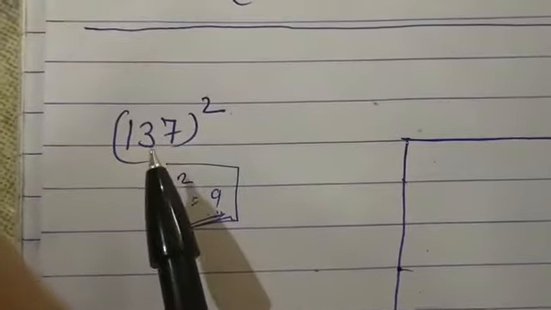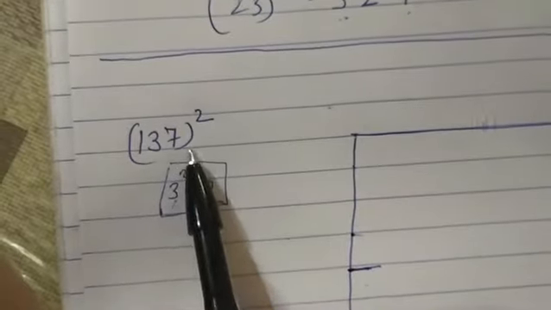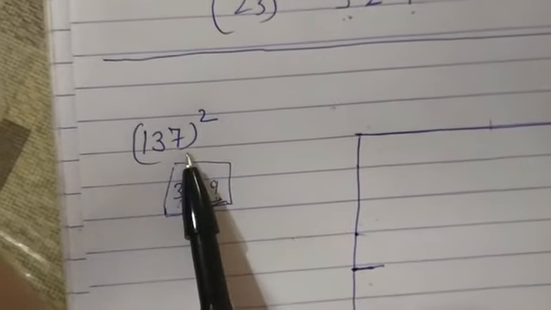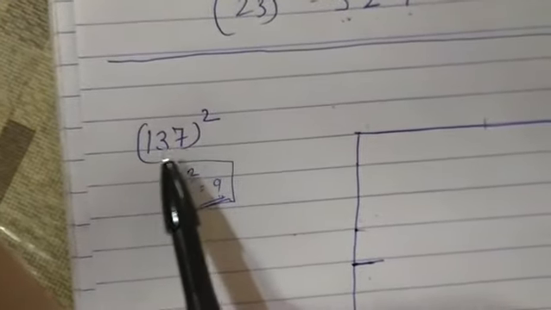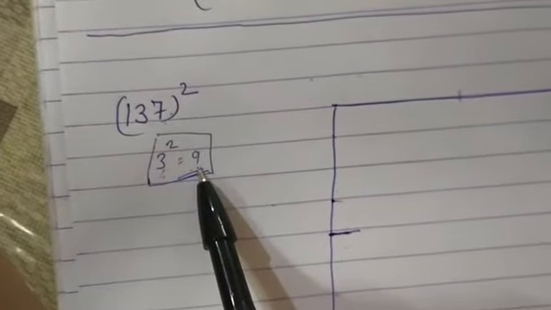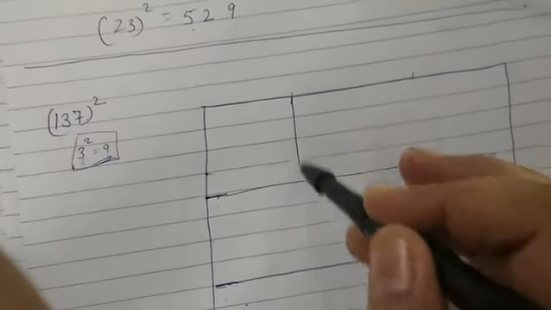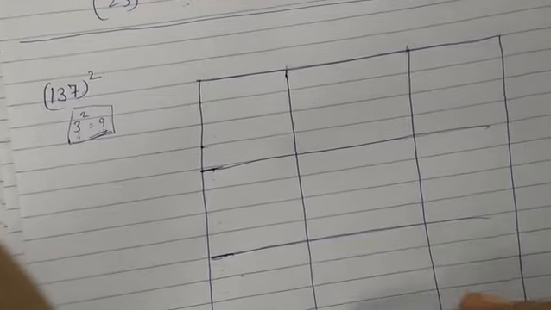Okay, now we are going to find the square of 137. So we'll use the diagonal method here, because the column method is used only for 2-digit numbers. How many digits are there? 1 2 3. So 3 squared means 9. So here we have to make 3 rows and 3 columns, total 9 blocks. So this square will be divided into 3 rows and 3 columns.